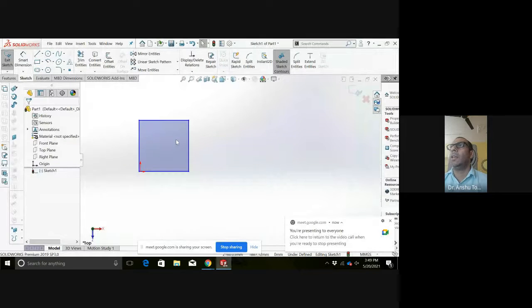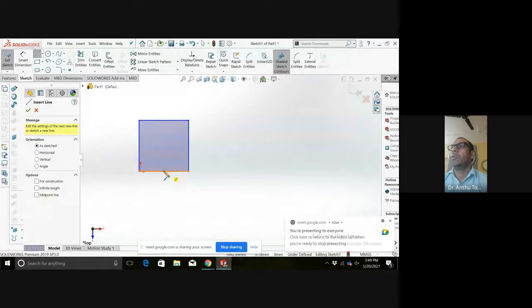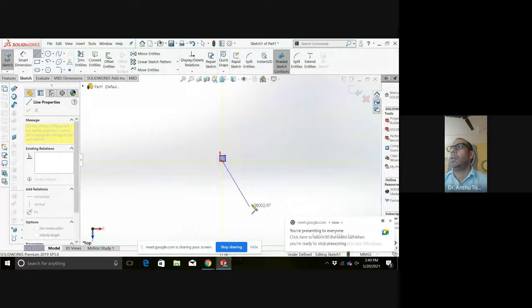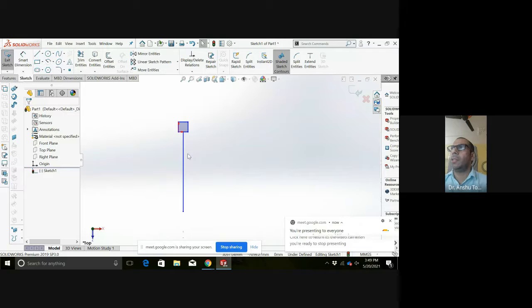So I will take the center line to convert it into a panel. Let us take the intermediate distance as 6,000. 6,000 mm minus, I've taken, that means 5,700.